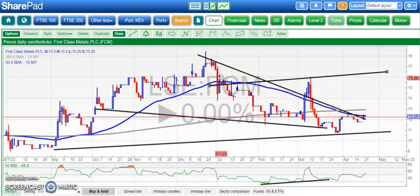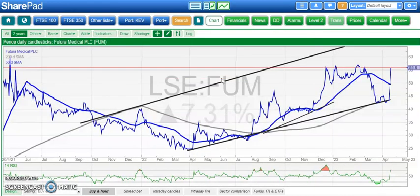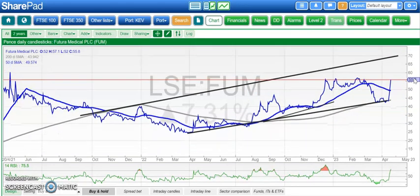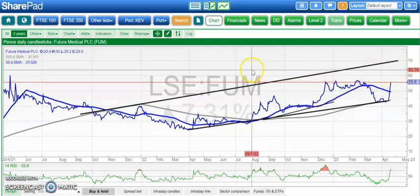On to a stock which never ceases to cause amusement. You can look it up why, perhaps. But here we've got Futura Medical bouncing off the floor of the rising trend channel there. Above the 50-day line at 49 pence, we're looking for 70 pence as soon as the end of next month,